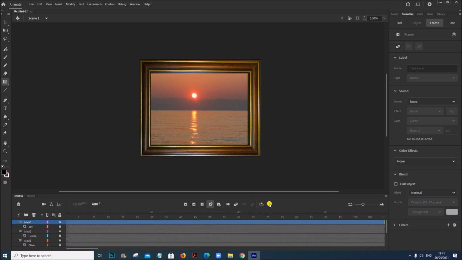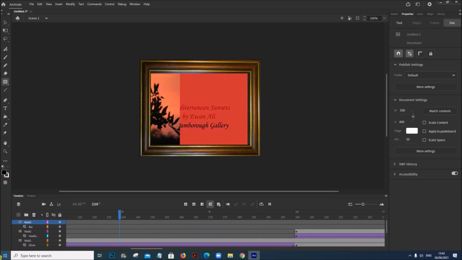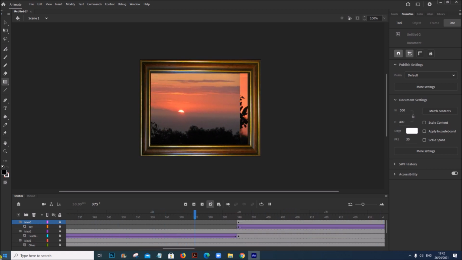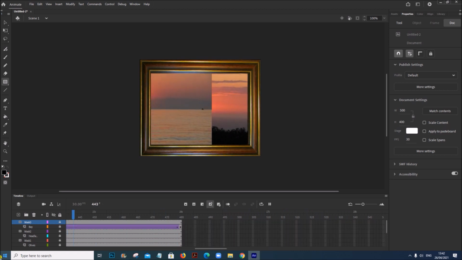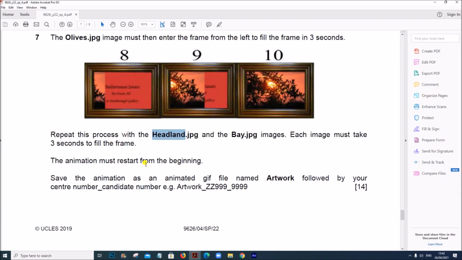So now let us play the whole animation from the beginning. The animation must restart from the beginning. So we have to loop the animation, save it as artwork followed by your center number and candidate number.